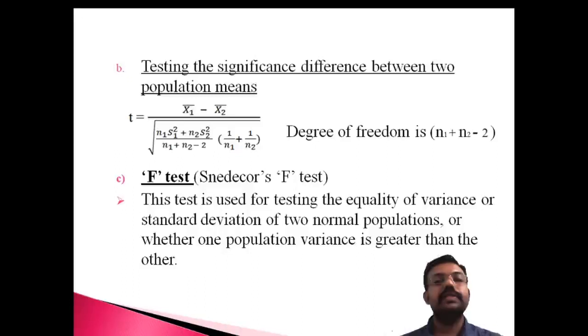Okay, so this is a very important element. After that, the F test. That is the third category of test. The F test is mainly used for checking the model fit. That's the applicability of the F test. And here we are checking the significant differences of the variance and the standard deviation, testing the equality of the variance